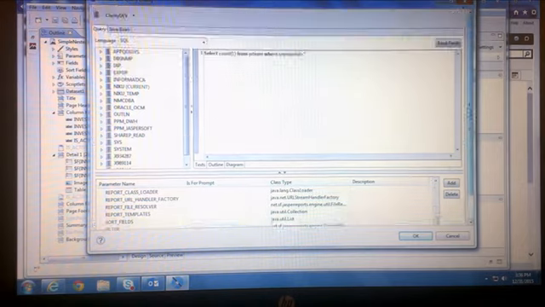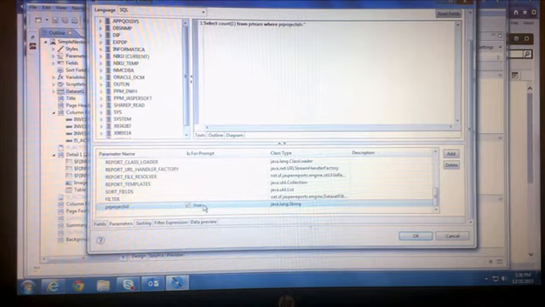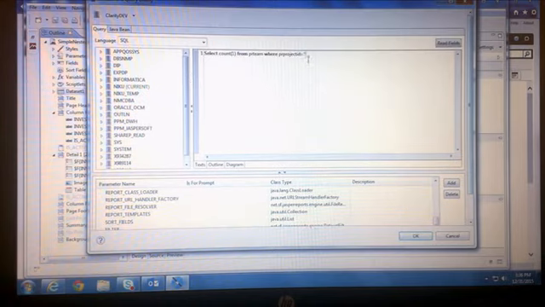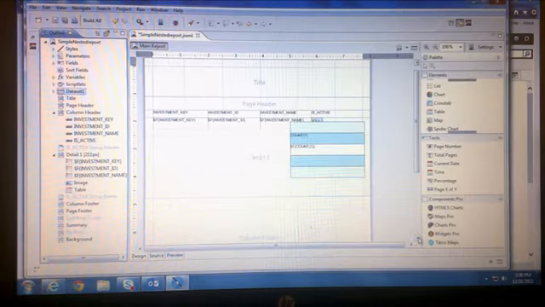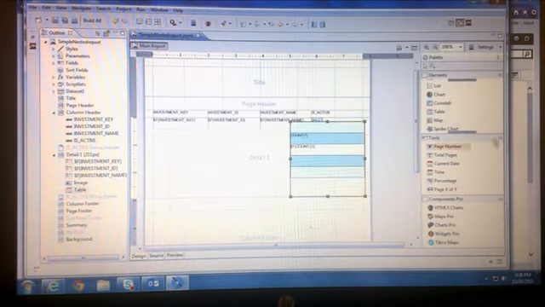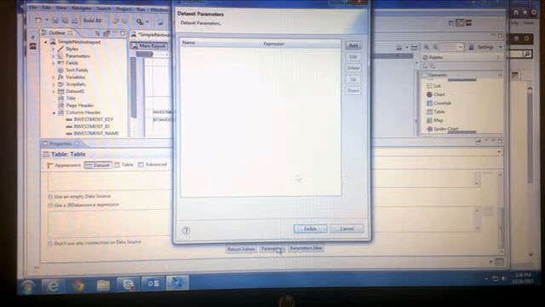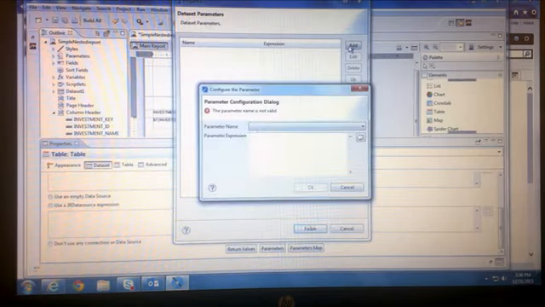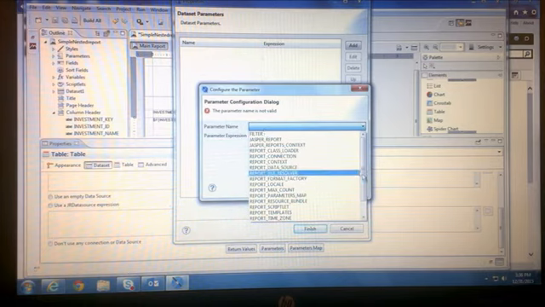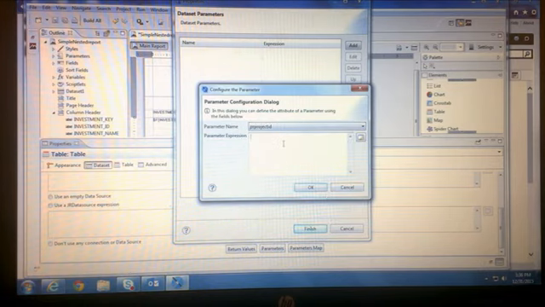Let it be for prompting. No, we don't need it for prompting. Let's edit that later. So what this will now be, PR, bracket PR project ID. Okay. Next thing is you go to the table, click on properties, click on parameters, click on add. Then this will show you that particular parameter which you created just now.